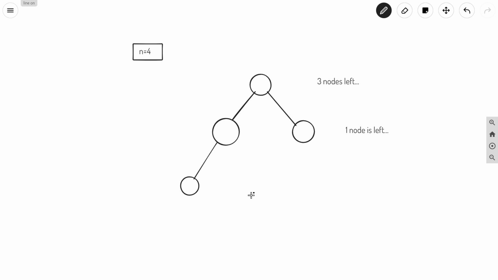So we got our tree, but is it a full binary tree? It is not a full binary tree, because for this node you can see that we have only one child.